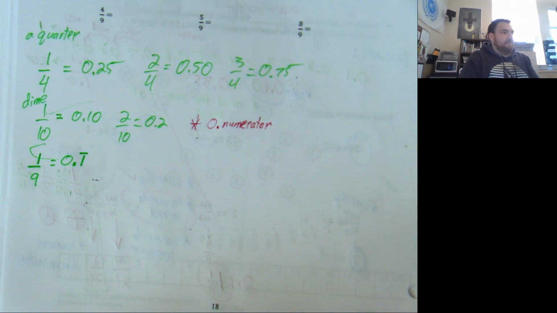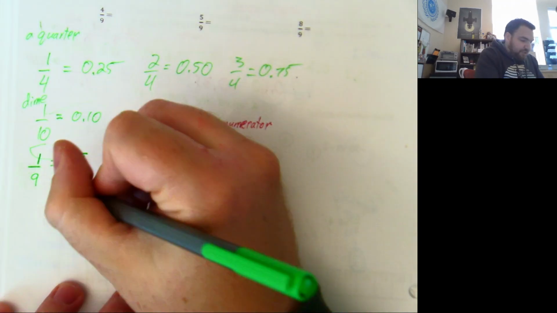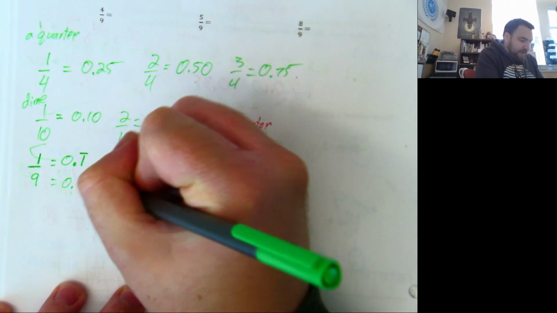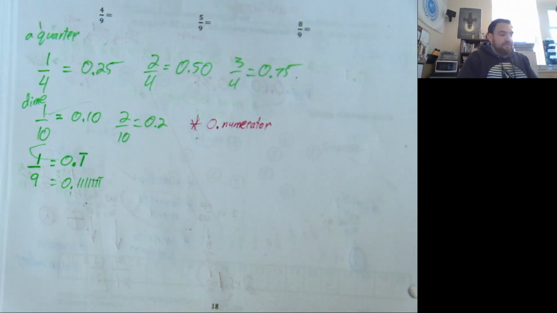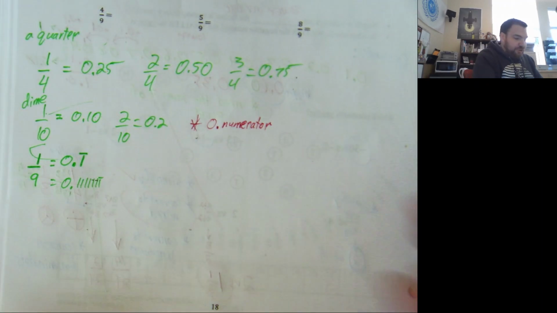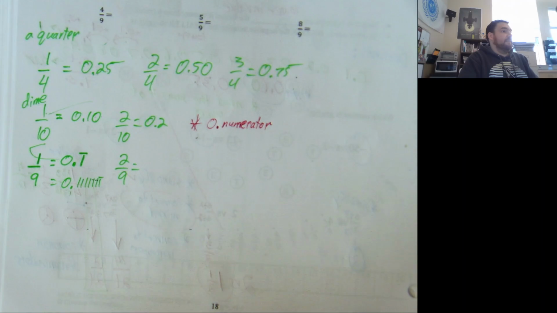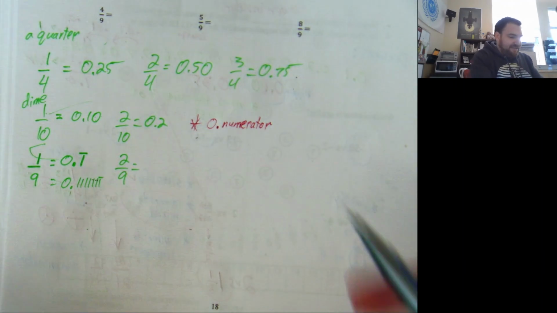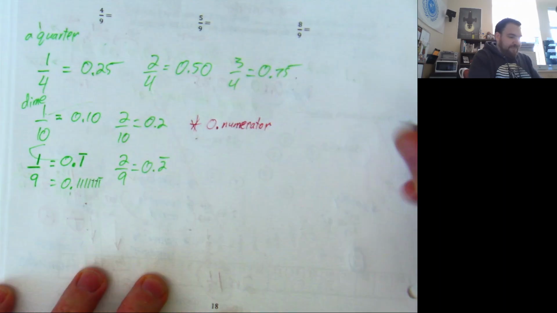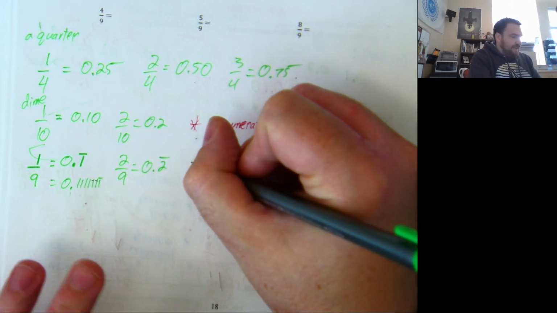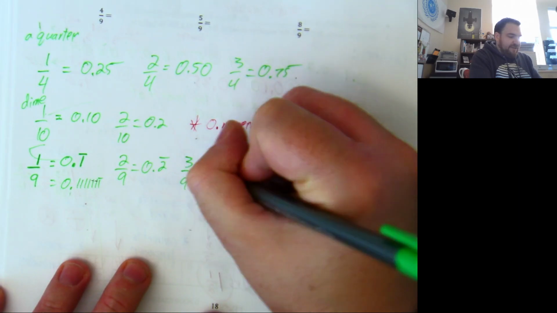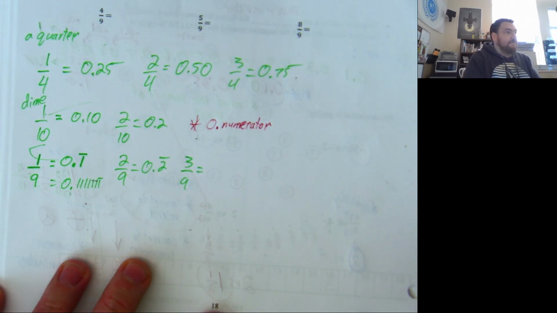1/9 is 0.1 repeating. So also you guys have written it as 0.1111111 forever. The ninths are just whatever the numerator is going on forever. So 2/9 is, anyone want to take a guess? Yes, 0.2 repeating. The next one is the one that we get for free. 3/9 is going to be,